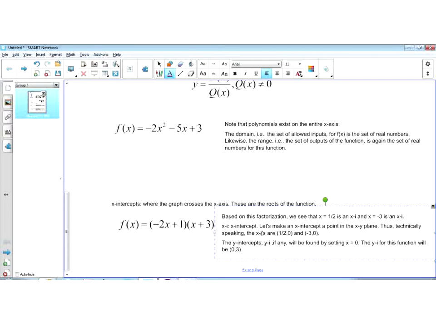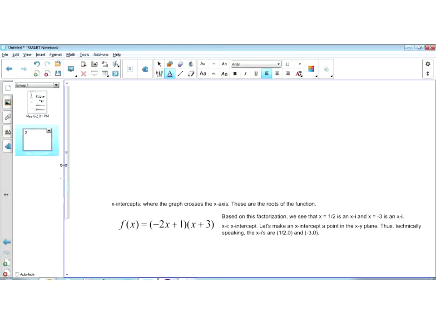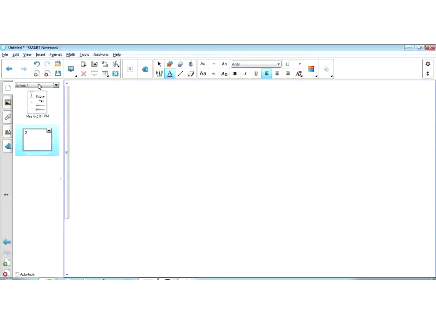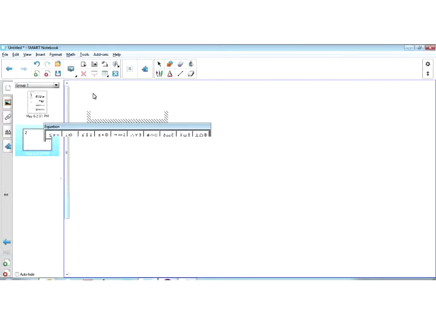So this is how we use factorization to get the x and y-intercepts. And now we have at least 3 points that we can use to draw the graph. As I mentioned, there's another alternative for finding the roots of this quadratic, and that would be to use the quadratic formula. So let me do that on the next page. So let's go to Math, Equations,